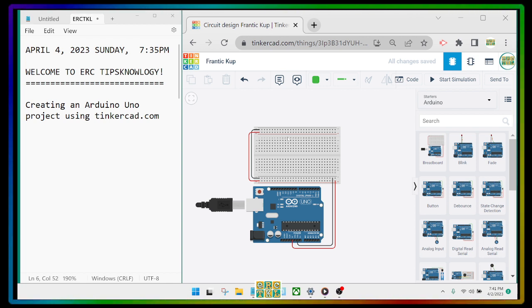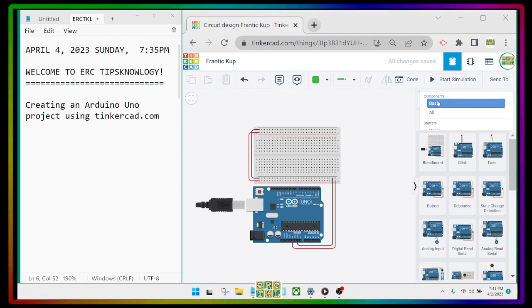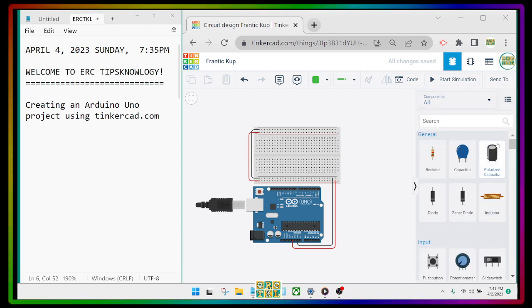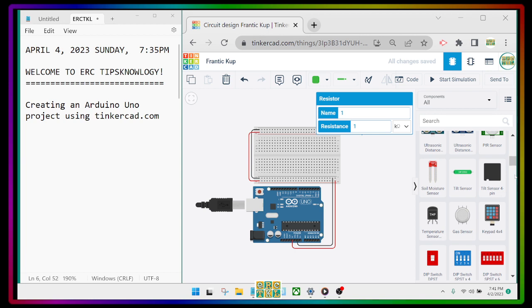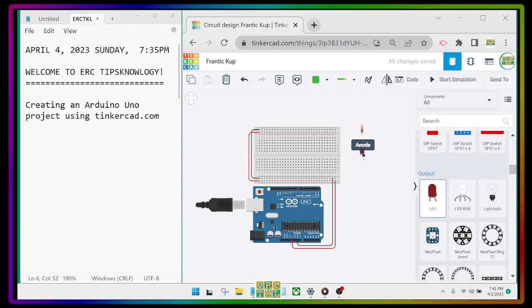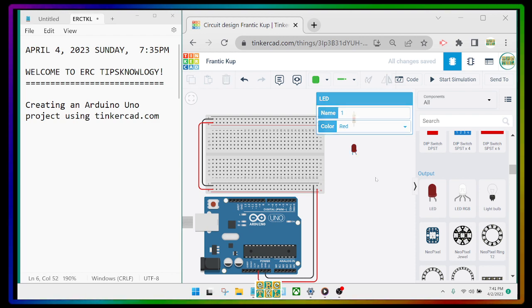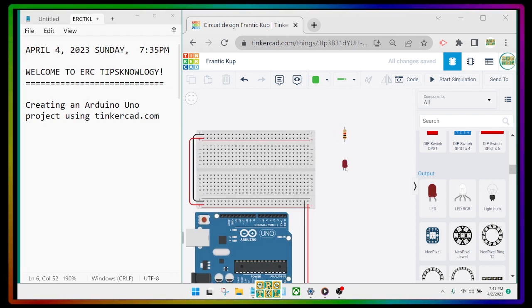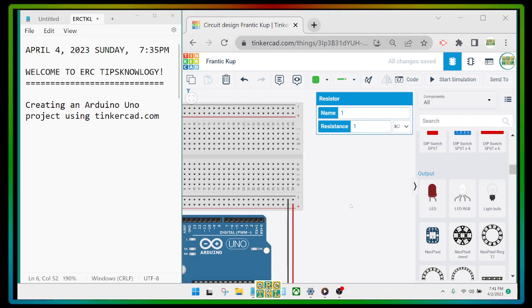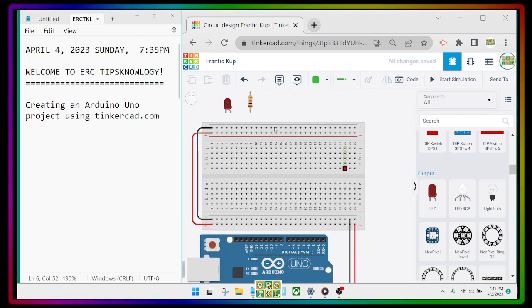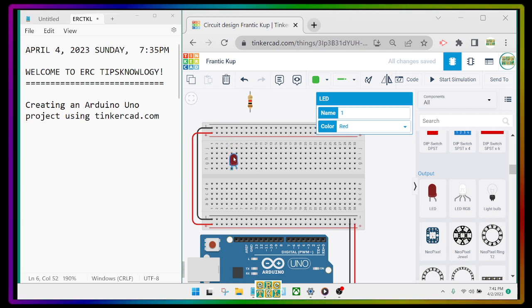For example, let's do the blinking of LED again. So click on Starters, click on Basic, or click on All, and look for a resistor. And then let's use an LED. All right. And then here you will notice that the LED can be placed on the breadboard instead of directly connecting it to your Arduino Uno. So what I'll do is I'll connect my LED anode to one of the holes